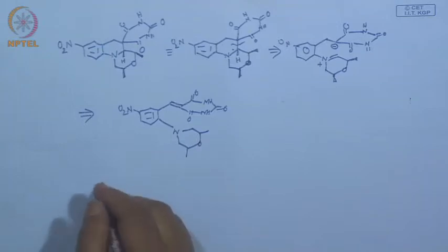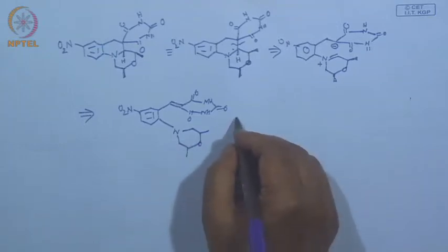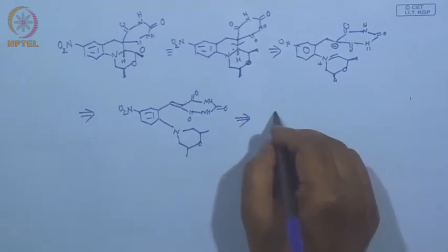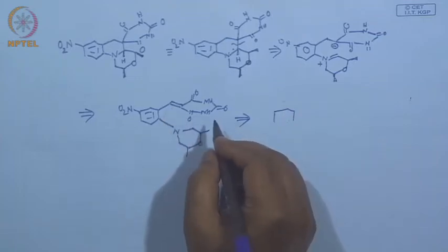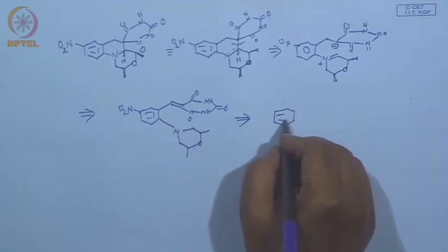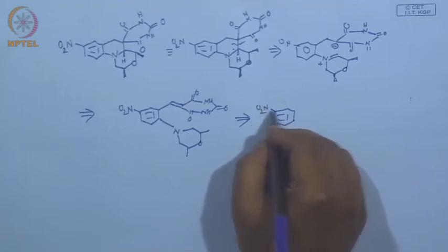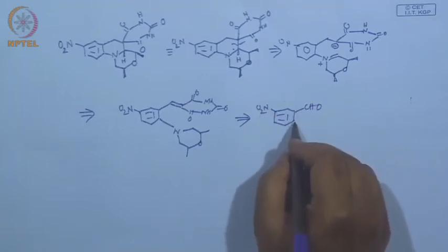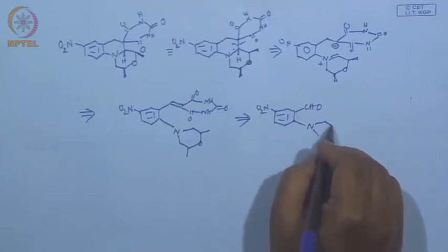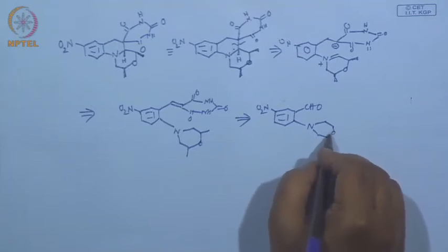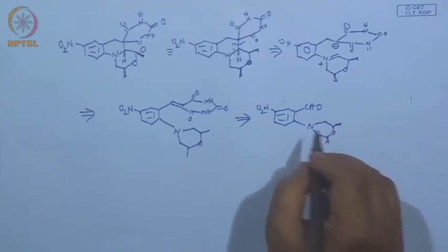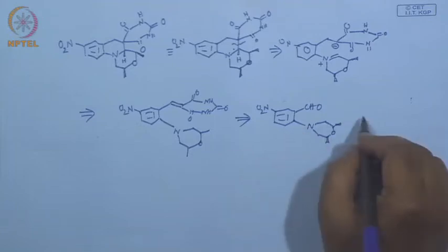Now one can quickly ask, what next? This carbon-carbon double bond is formed from the Knoevenagel reaction. So, the next one should be this aldehyde here, and then this 6 membered dimethyl morpholine, and I think all